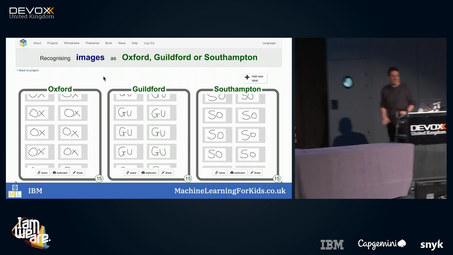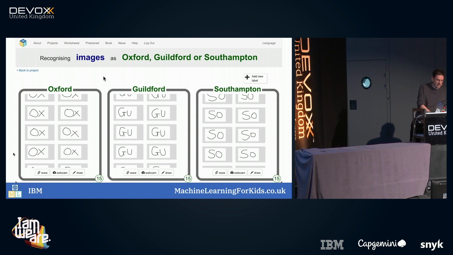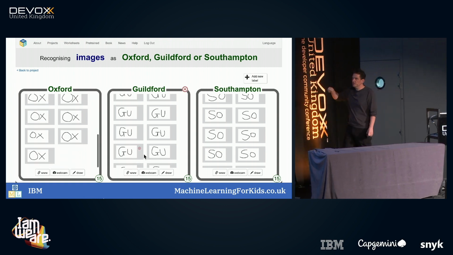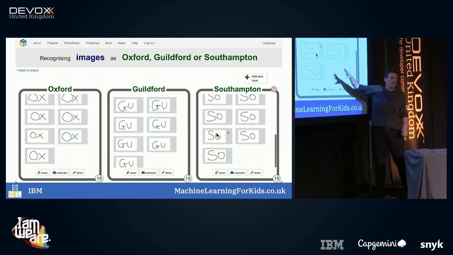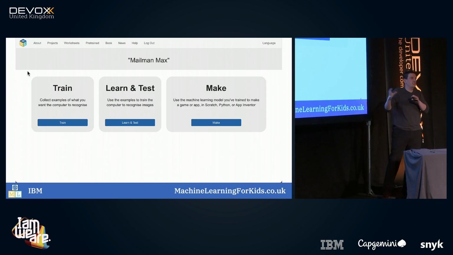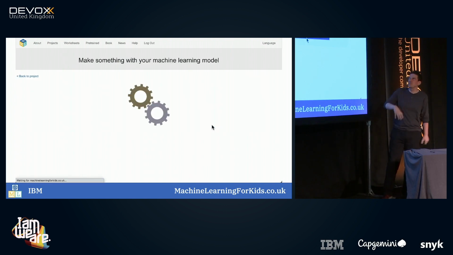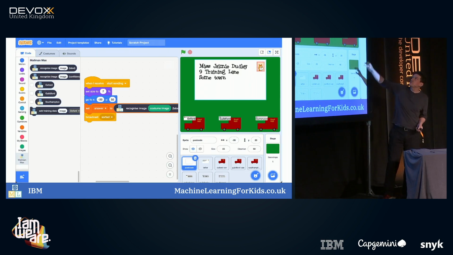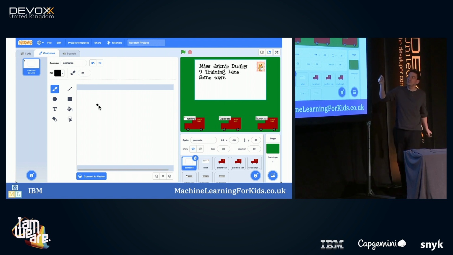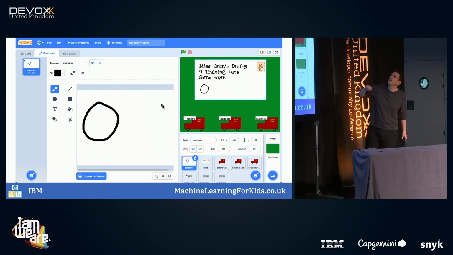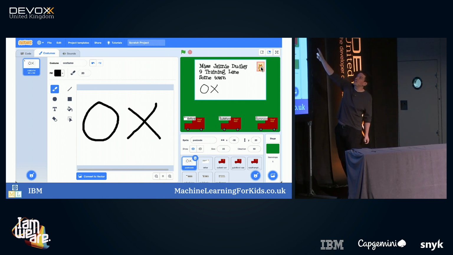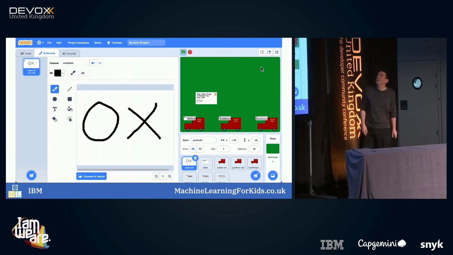This one is using the drawing way of getting your training examples in. So I mentioned, you can draw directly onto an on-screen canvas. So I got the kids to draw some postcodes from some local towns and cities, or at least just the first bit of it. It brings the number of training examples you need down if you have only a few different options. So we made a Postman Pat game with a bunch of 7-year-olds where you draw a postcode onto an on-screen envelope, and then when you click on the stamp, it recognizes what you've drawn and sends the envelope to the right Postman Pat van.